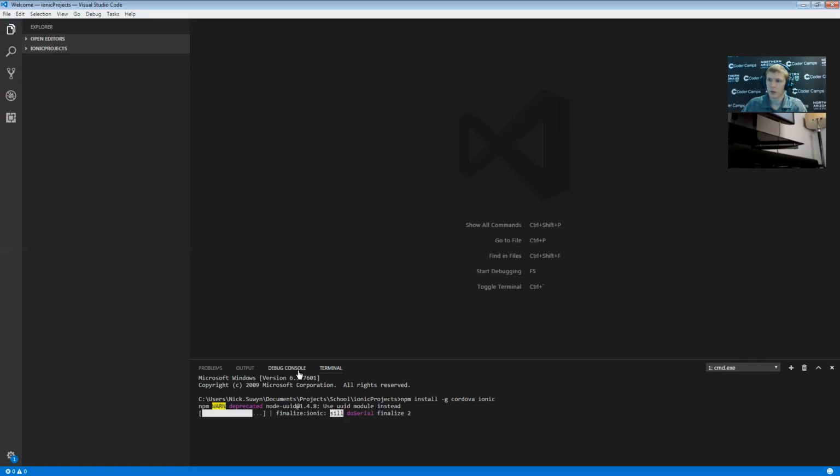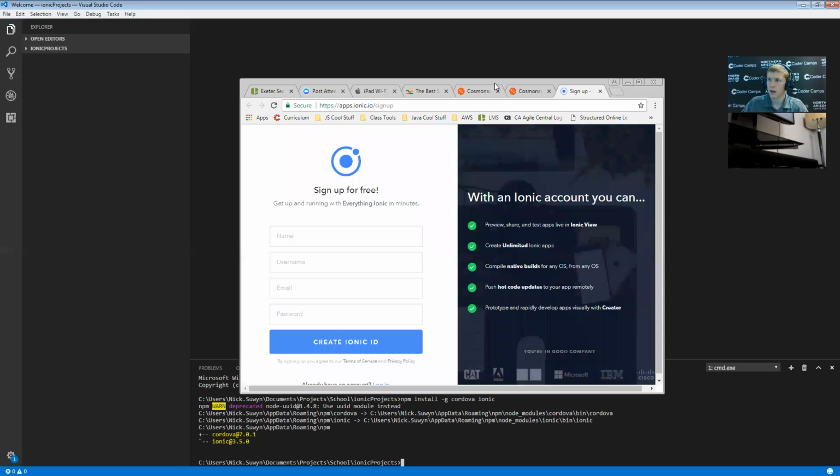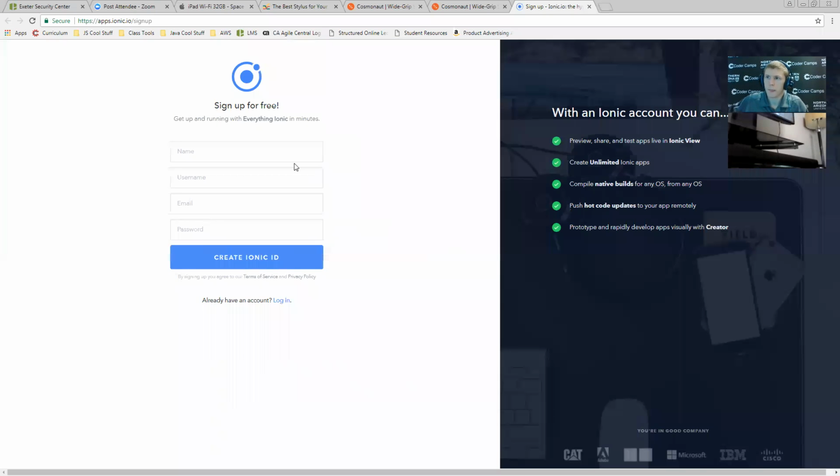There we go. Almost done. There we go. I've got them both installed. Next thing we need to do is go to apps.ionic.io/signup. The reason we're coming here is because we can create an Ionic account, which will allow us to